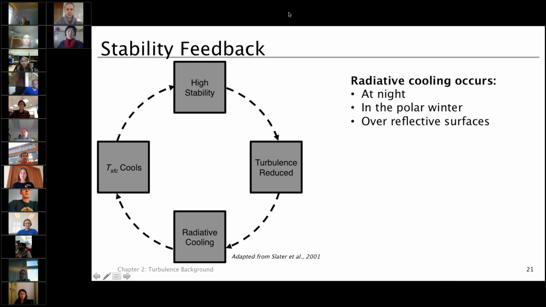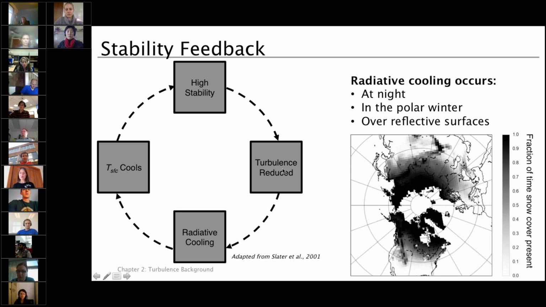So this radiative cooling occurs at night. It also occurs in the polar winter all winter long. There's no sun, and it happens more over reflective surfaces that don't heat up during the day. So if you want to know where this is an issue, here's a picture of where we would expect snow and stable conditions. This is just showing the northern hemisphere winter, and mountains